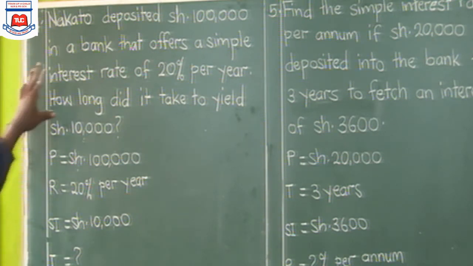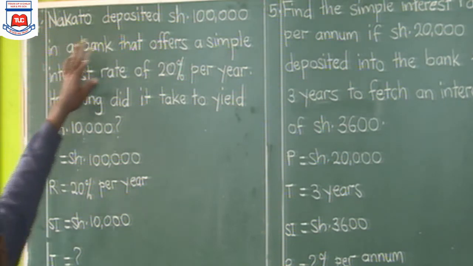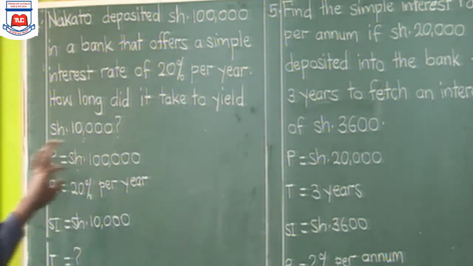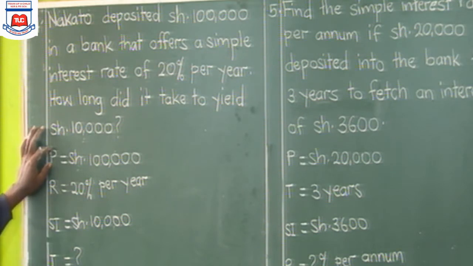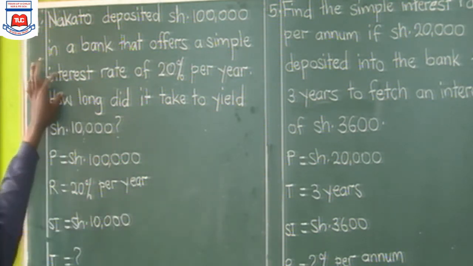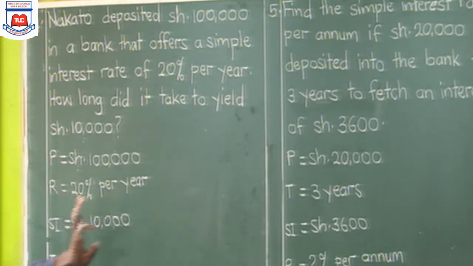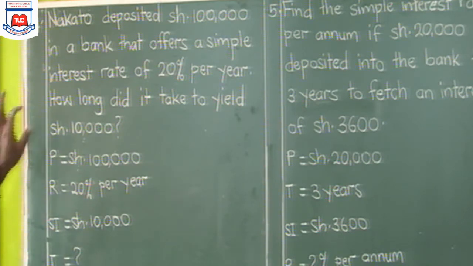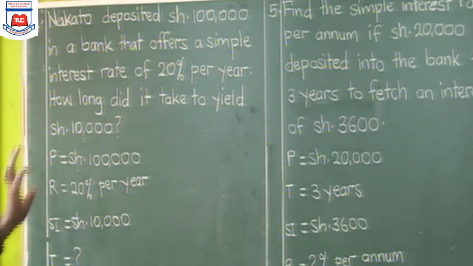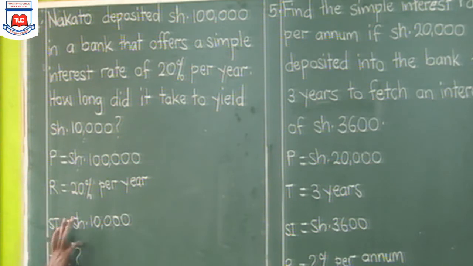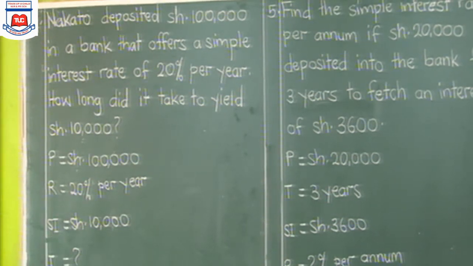First, interpret all the figures given in terms of principal, rate, time, total amount, and simple interest. Nakato deposited 100,000 shillings, that is dubbed as principal. So principal is equal to 100,000 shillings in a bank that offers a simple interest rate of 20% per year. So rate is equal to 20% per year. Then the question is, how long did it take? This time they're asking for time, so we say time is equal to question mark,